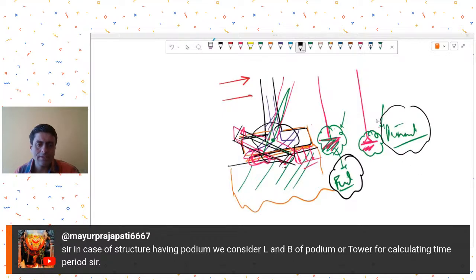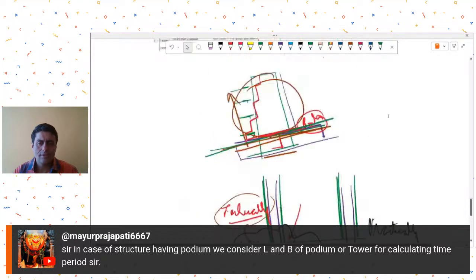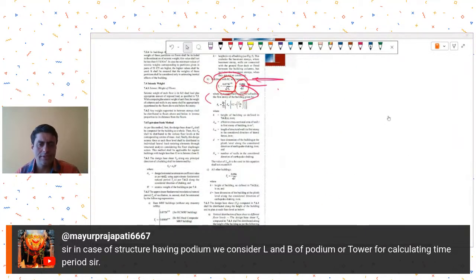Mr. Mayur Prajapati is continuing with his earlier question about time period. What he is saying is, in case of a structure having a podium, do we consider L and B of the podium or the tower for calculating time period? Again, not much clarity is given. The idea should be to calculate the lowest possible time period if you are using these time period formulas, because the lowest possible time period would mean the highest possible earthquake shear. So whenever you are calculating time period, try to take the lowest possible